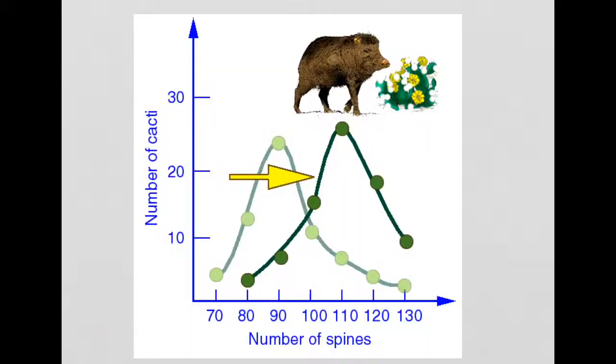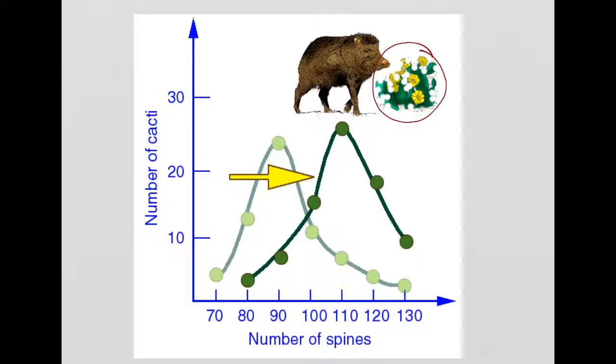So let's look at an example of something like this. What we're looking at here is the cactus. So not the wild boar that eats the cactus, but the actual cactus itself right here. And in the first time period, the early ancestors of this cactus, you can see that for the most part, they were centering around 90 spines, and then you'd have some extremes that had fewer and some extremes that had way more than 90. And then we would